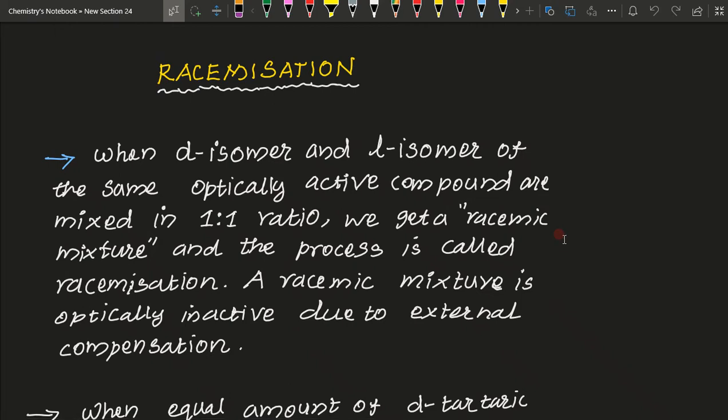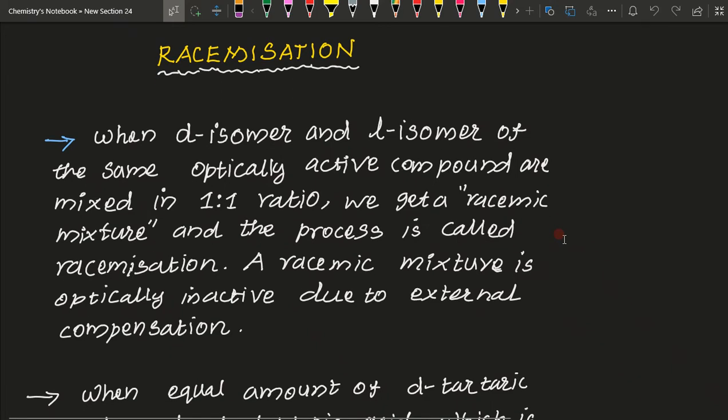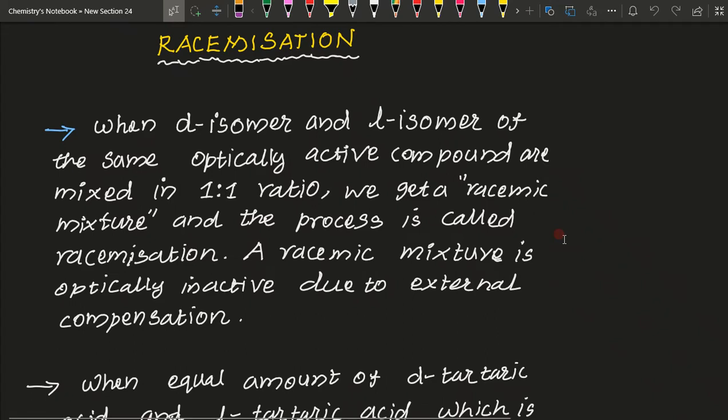Racemisation. What is racemisation? When the D isomer and L isomer of the same optically active compound are mixed in a 1:1 ratio, that means 50-50, we get a racemic mixture and the process is called racemisation. A racemic mixture is optically inactive due to external